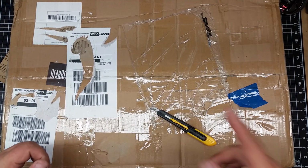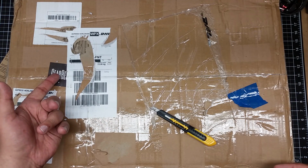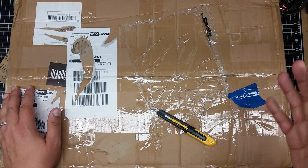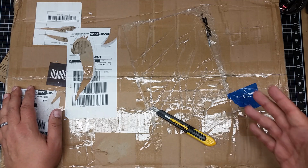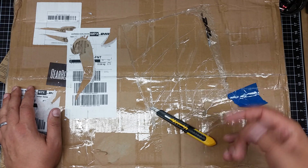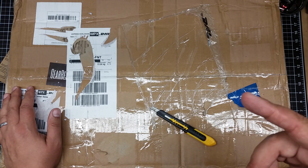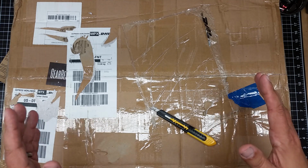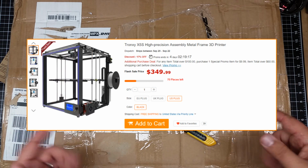In this episode, we're going to be doing a bit of an unboxing of this new 3D printer we got from, it's covered up here a little bit, but Gearbest. So my friends over at Gearbest, Yvonne, wrote me and said, hey, look, you've got a ton of models out on Thingiverse, over 120 models. You're doing a lot with the Creality CR-10. We've got some other newer large-scale, high-precision 3D printers in. Take a look. We'll send you one to review and see how you like it versus, say, the CR-10, which I got from them, and I love them. But I think there are alternatives out there too, and that's what I want to explore